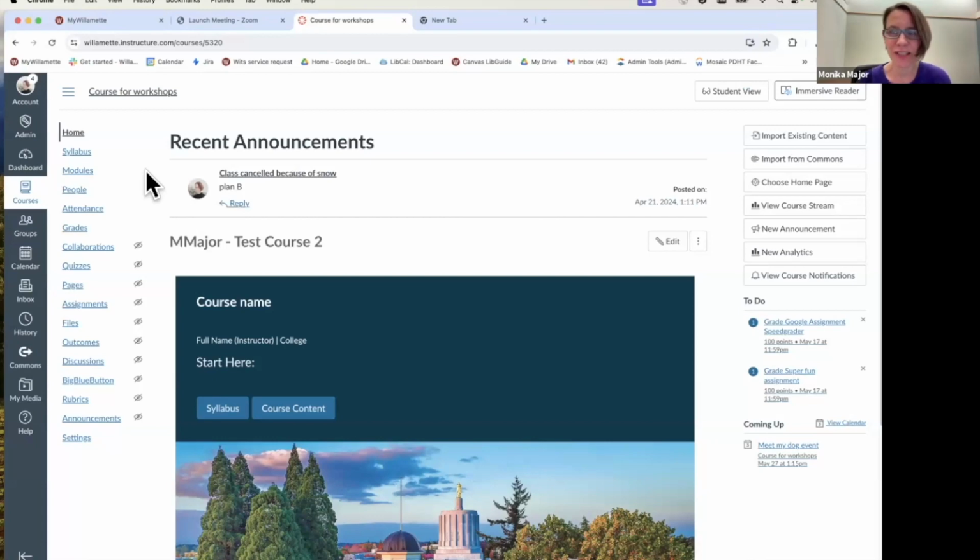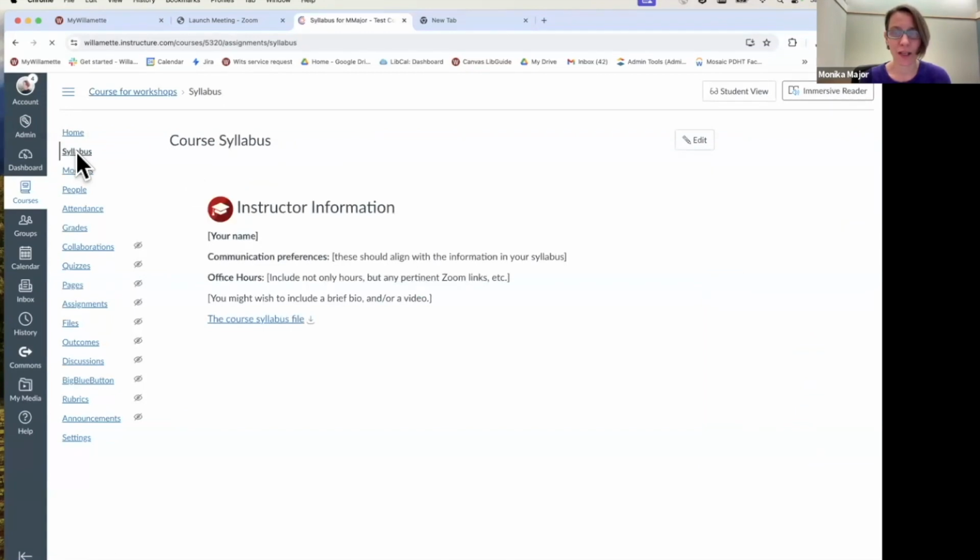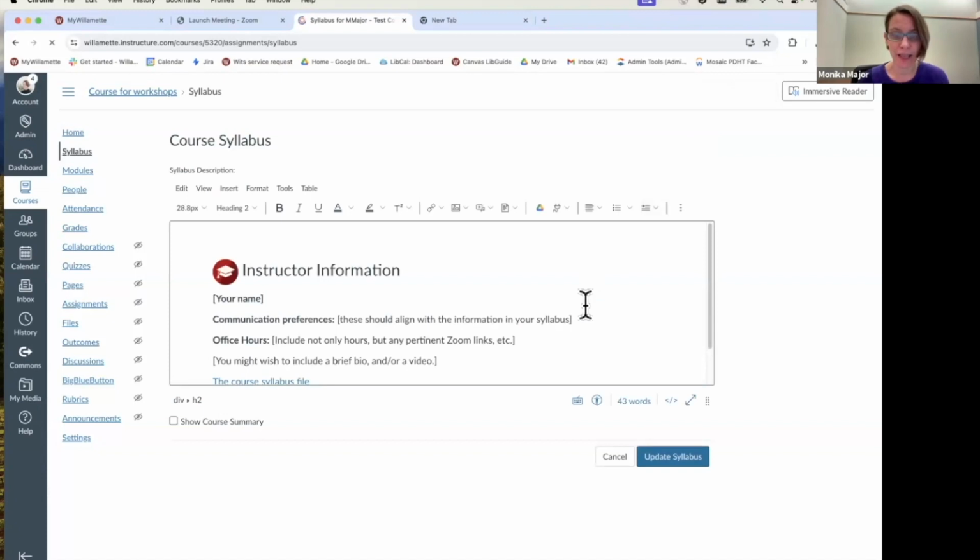Hi, we're going to see the syllabus tool in Canvas now. So I'm going to the syllabus link in the course navigation. When you click there, you will see your usual page interface. So you click on Edit, and then you see the rich content editor that you typically see in quizzes, assignments,